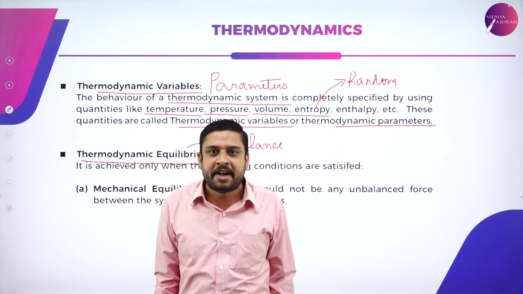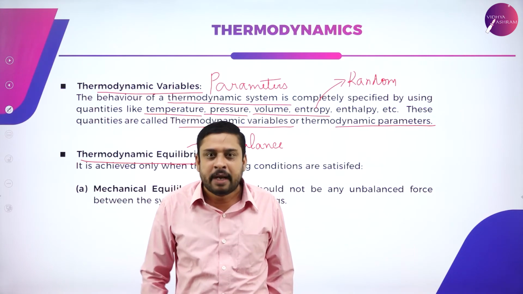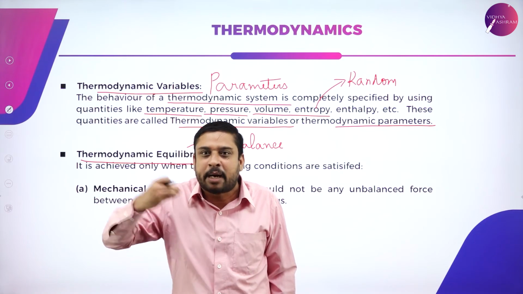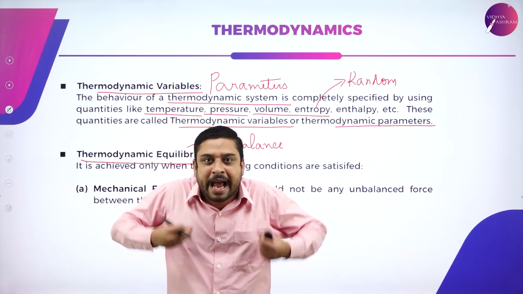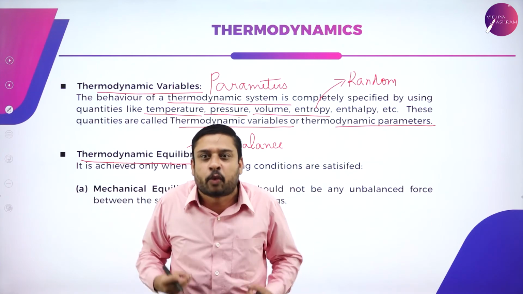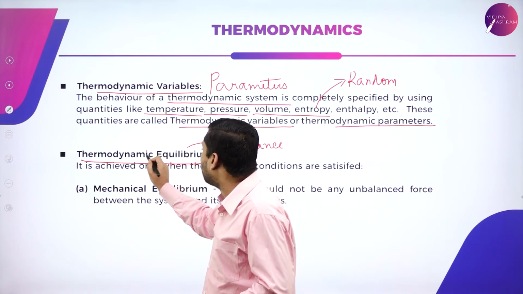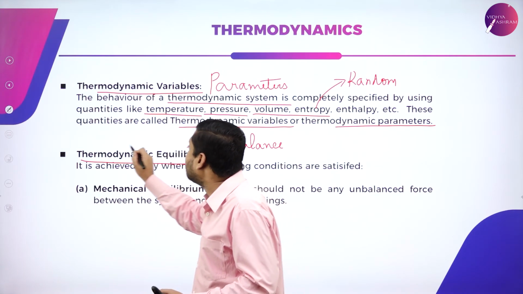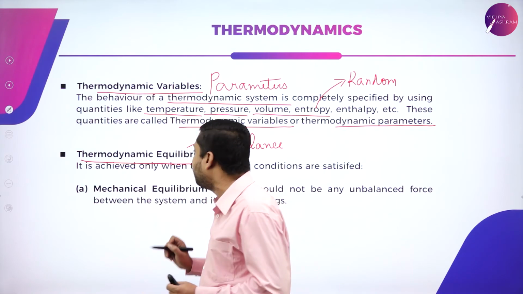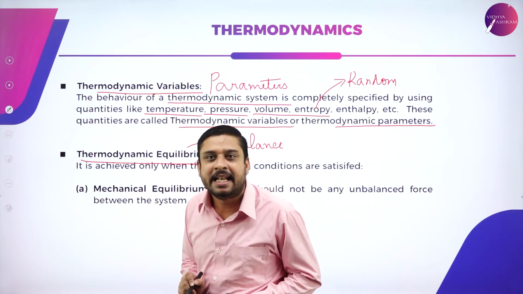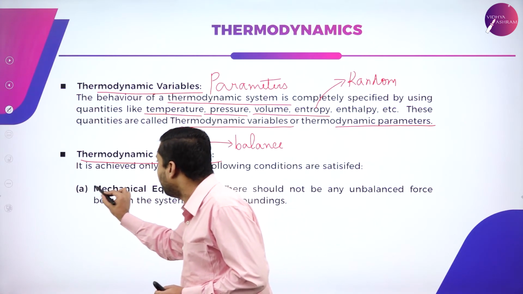Why do I stand firm on the platform? My weight becomes equal to gravitational force. Therefore, I am in balance. I am in equilibrium. So here, we are talking about thermodynamic equilibrium, which is achieved only when three conditions are satisfied. First one,